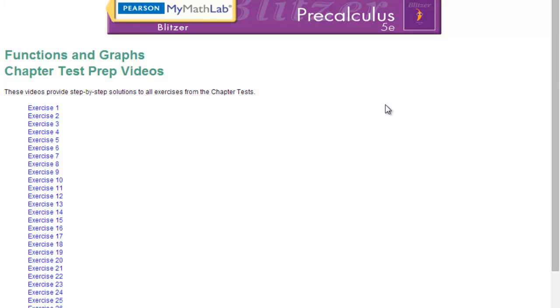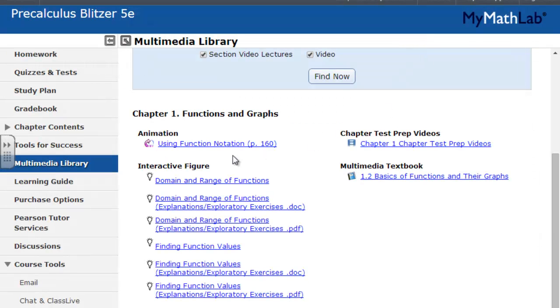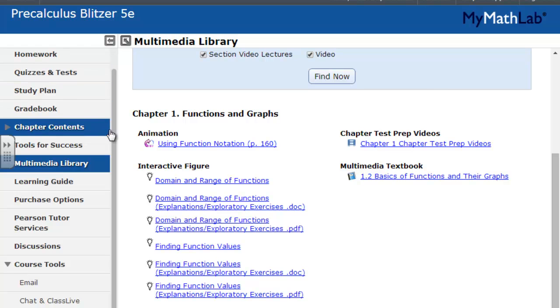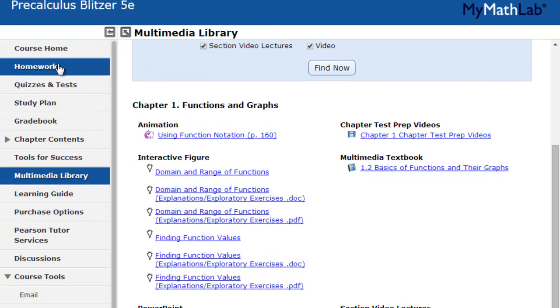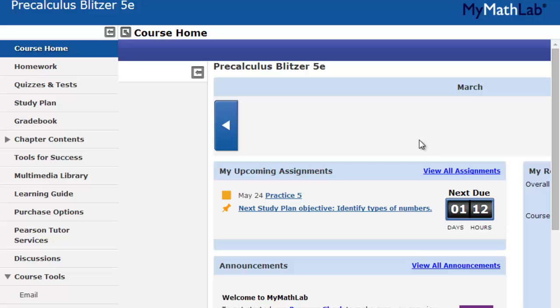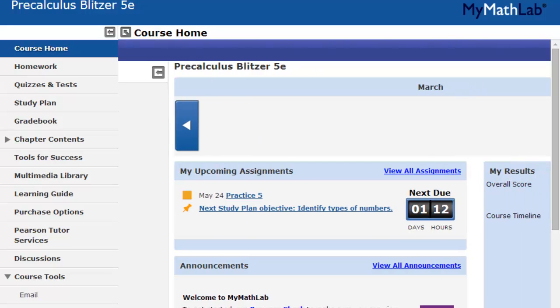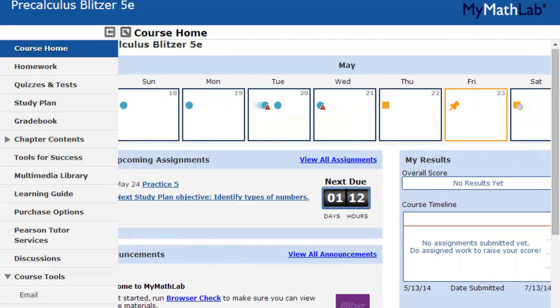In A, we have... All right, so you've seen that before. So let's show you something that you haven't seen. I'm a student. Let's go back to my home page, and I can see what assignments are overdue as well as what assignments are